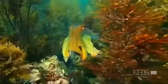Imagine an alien that can float through space with a giant brain shaped like a donut, 8 arms growing out of its head, and 3 hearts pumping blue blood. This alien lives right here on Earth. It's called the cuttlefish,